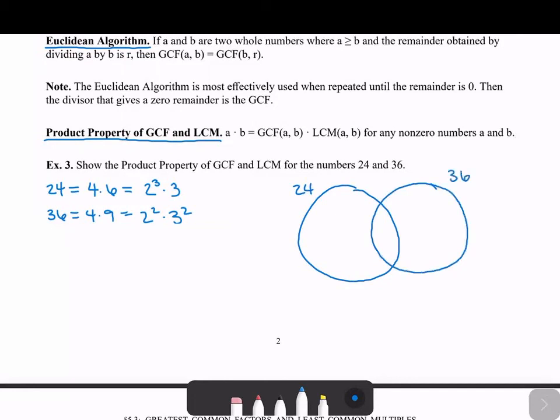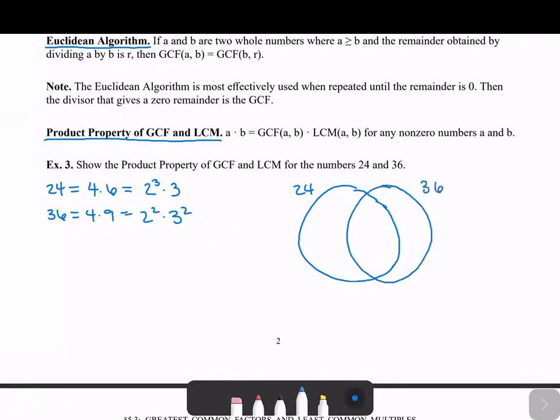Okay. So what are the things they both have? Well, they both have 2 2s and a 3. So let me make this a bit bigger, this intersection. There we go. So they both have 2 2s and a 3. 24 has an additional 2, and 36 has an additional 3. So from this, remember that we can say that this middle part is the GCF,